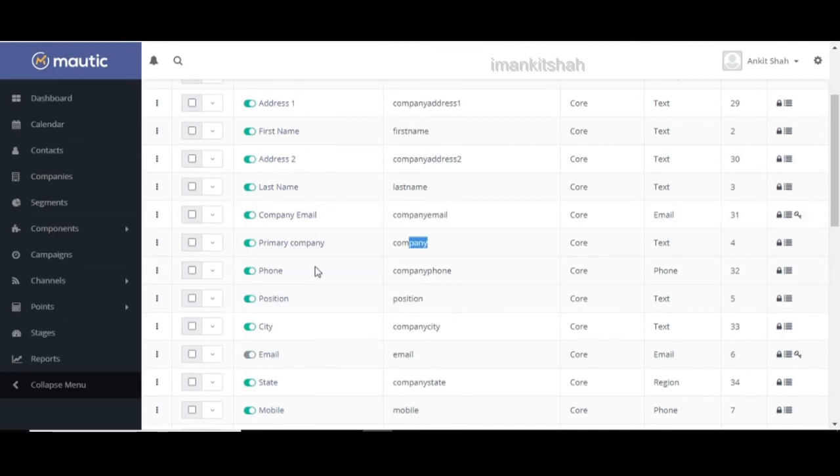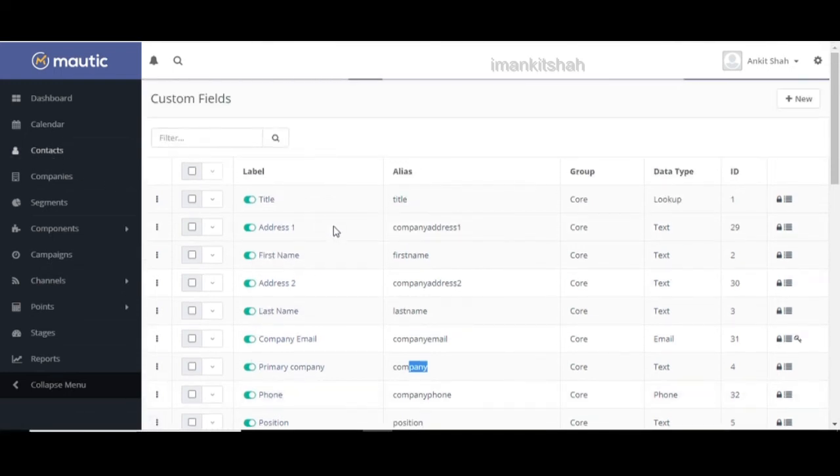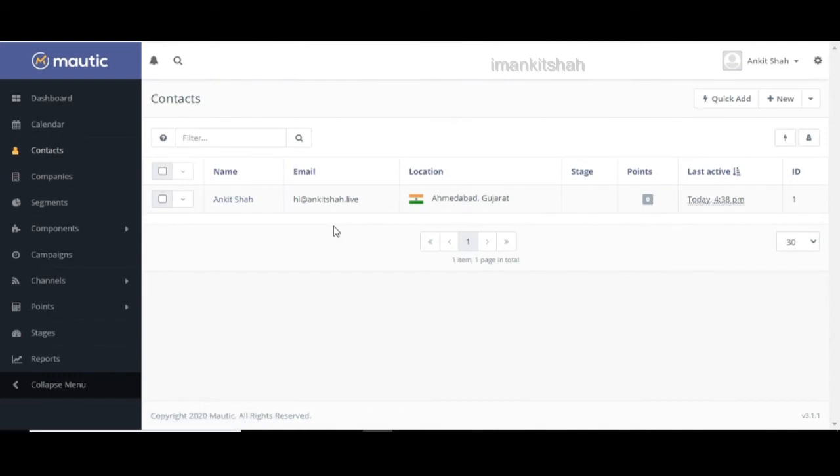Pro tip here: if you are sending bulk emails and some of the fields are not available for some contacts, then you can use a default text. So instead of writing contact field equal to first name, you can write something similar to this.